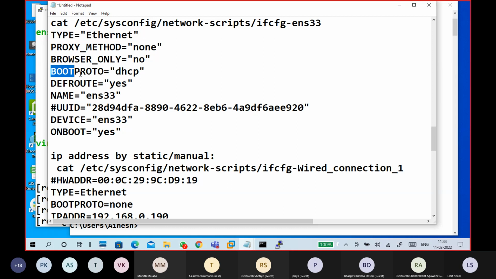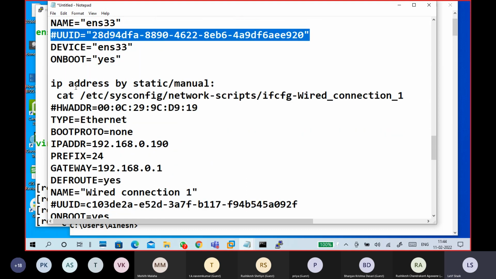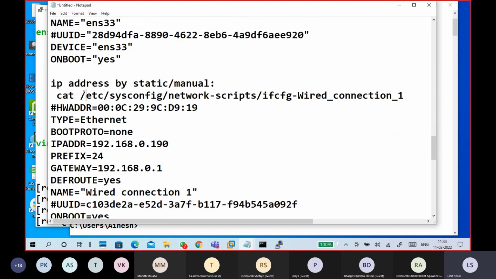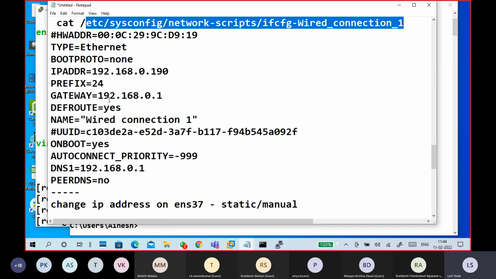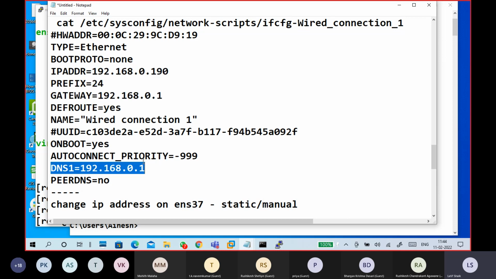The rest is based on your machine and device, it is generated, that's it. If it is already in static mode, you can see your IP address, prefix, gateway, and DNS address. You can see these things, and BOOTPROTO is showing none, not DHCP.